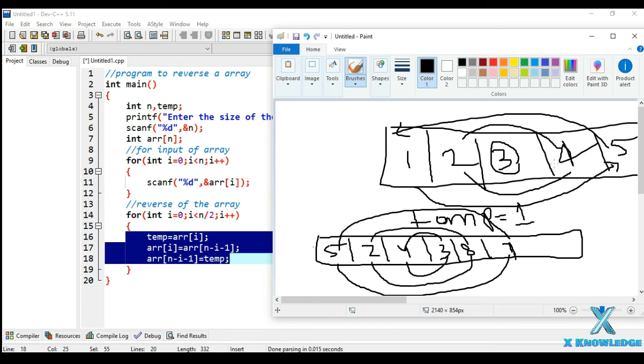Now this makes the complexity of this for loop n/2, although the complexity of the for loop for accepting and the for loop which I am going to use for printing this array will be n, but the reverse of this array occurred only in n/2 complexity. So that's the important part. Whenever you are reversing an array, use this algorithm and your complexity will be just n/2. So I think that the logic is clear, and I'm just going to complete the program right now.